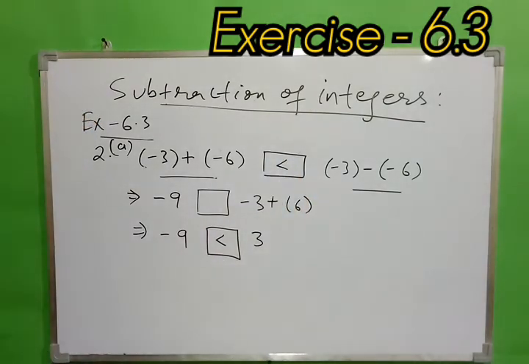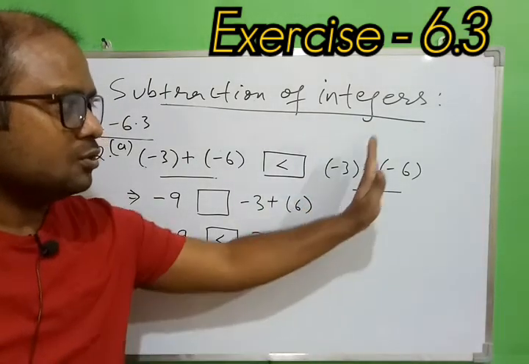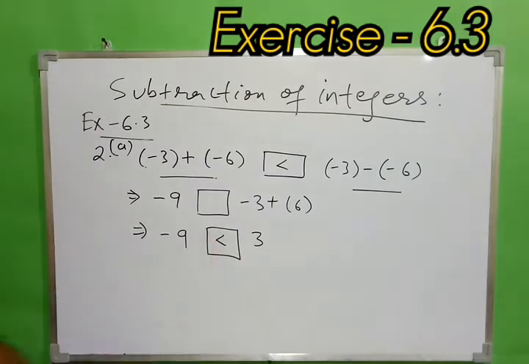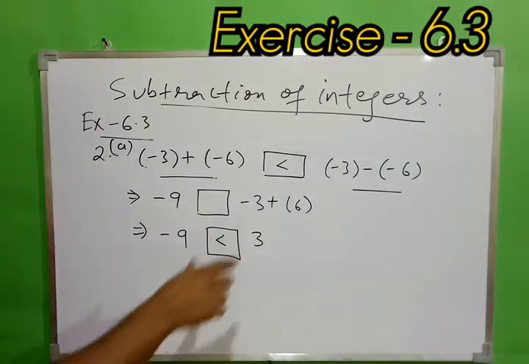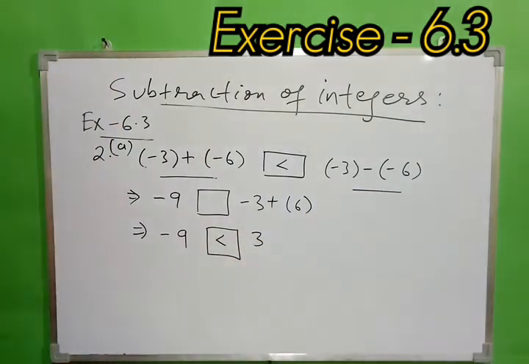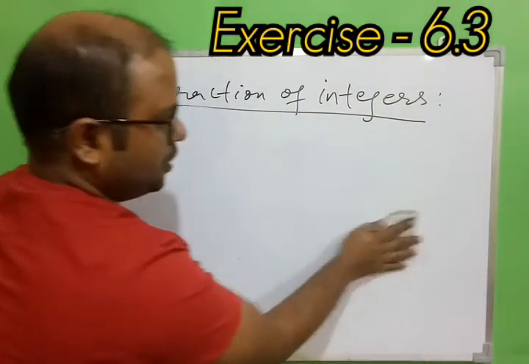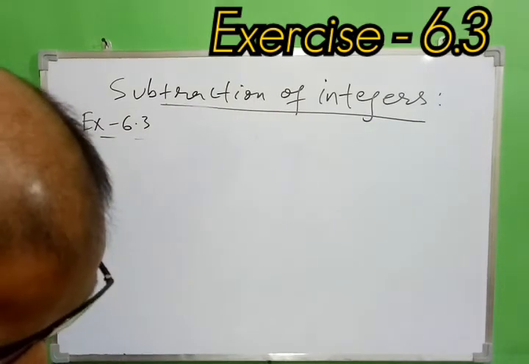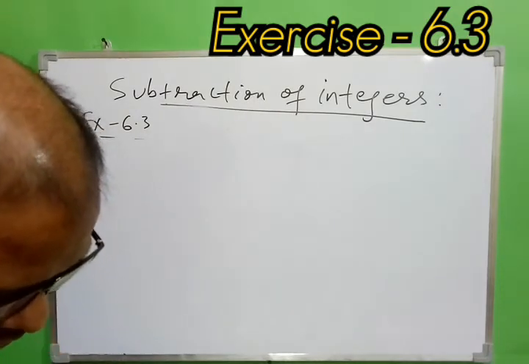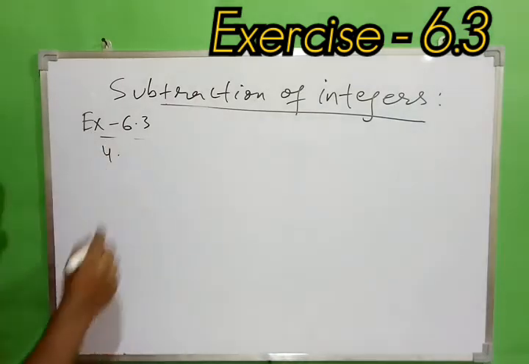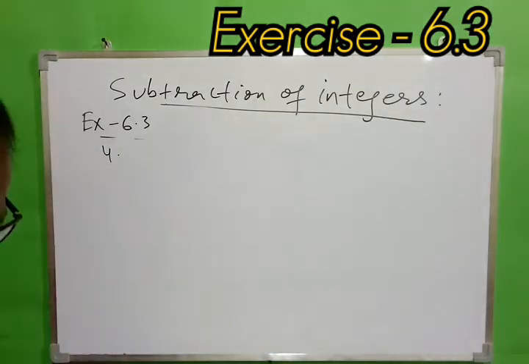So choice is yours. You can show the calculation here itself, or you can show the calculation on one side, and then you can write down the final answer 3 and minus 9, and then you can compare also. But the calculation must be shown somewhere. Okay, so I hope you are able to understand, and let me take one more question from the fourth part, so that we can have clarity if you are having many numbers together.